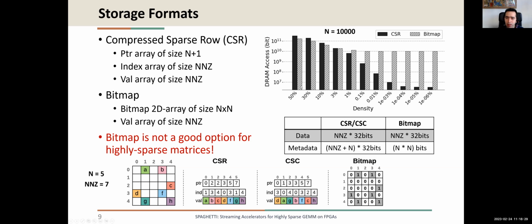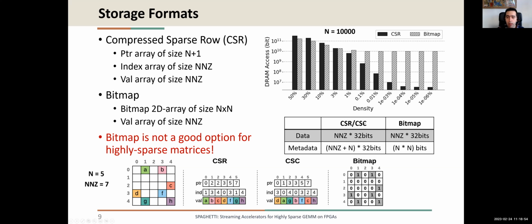And as you can see, when the matrix is relatively dense, bitmap is a better option compared to CSR or CSC. But when the matrices are sparse, like the density is below like 3%, 2%, then CSR, CSC would be significantly better, orders of magnitude better